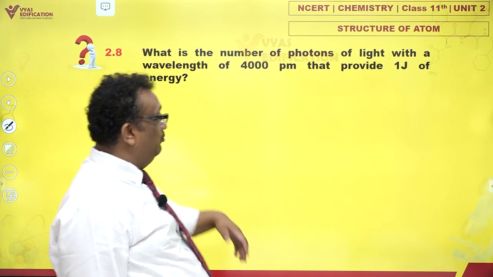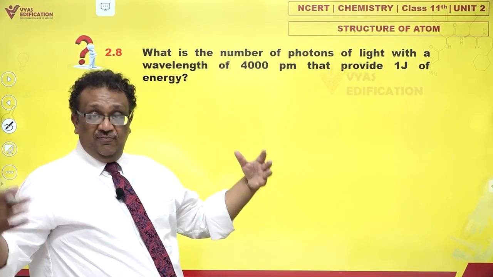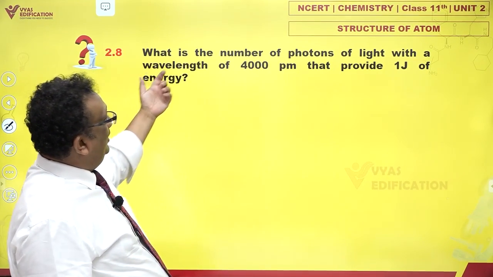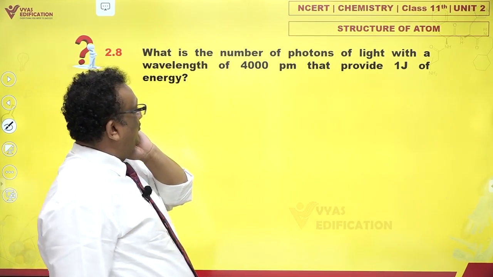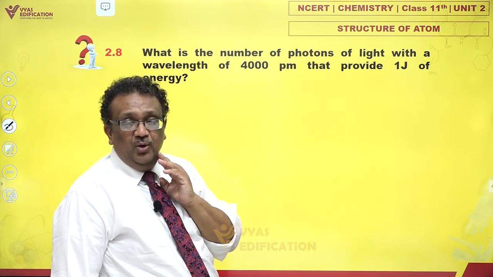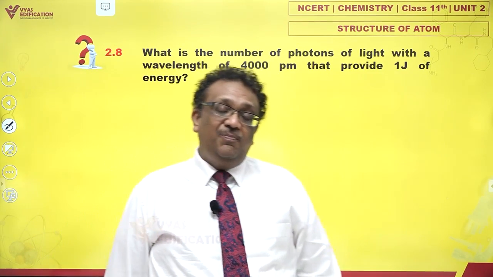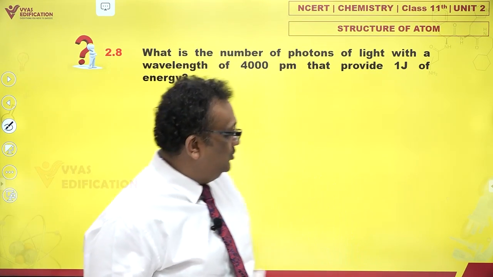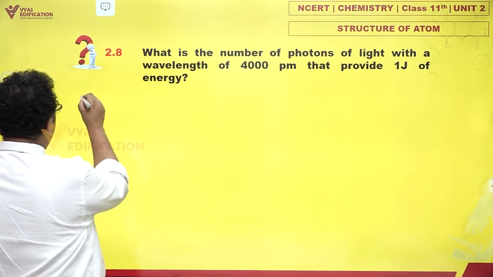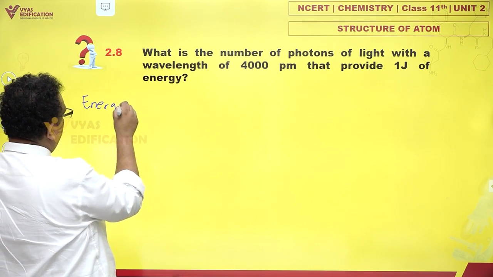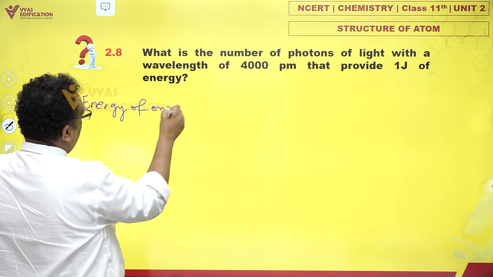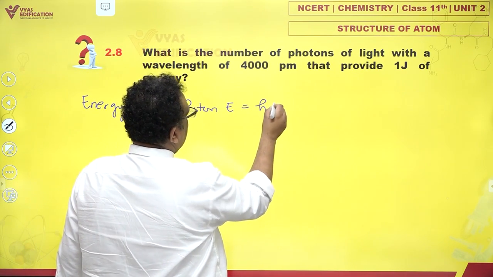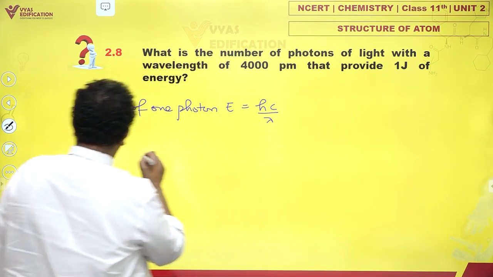So that means there have to be many, many photons combining together to give you 1 joule of energy. And I'm having photons of wavelength 4000 picometer. So let me find out the energy of 1 photon. So the energy of 1 photon, E is hc by lambda, which is